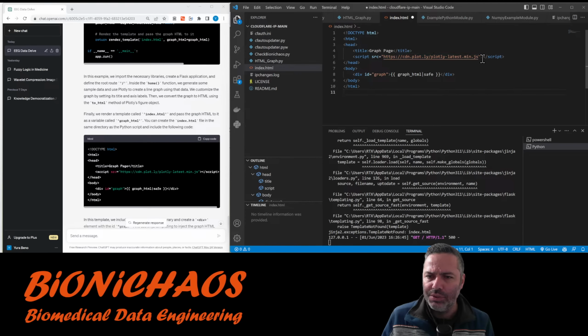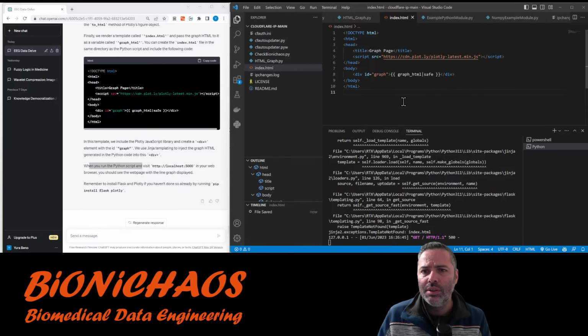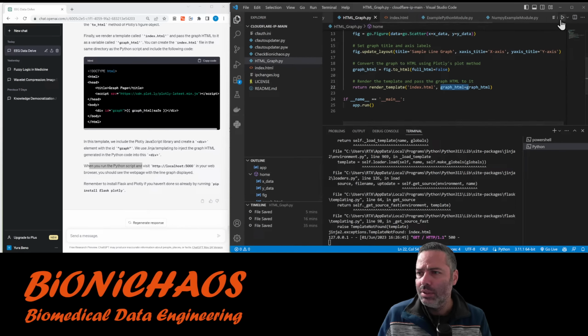We use the Jinja templating to inject the graph HTML generated in Python code in this div. So that would be that graph. When you run the Python script, visit the browser. So we have to save this. We have the Python script